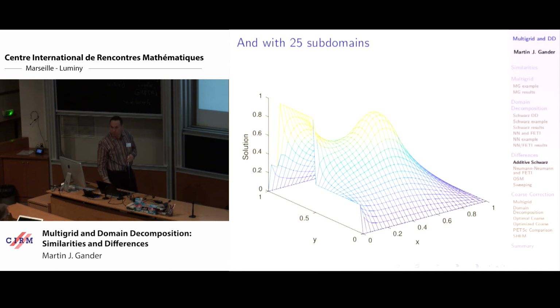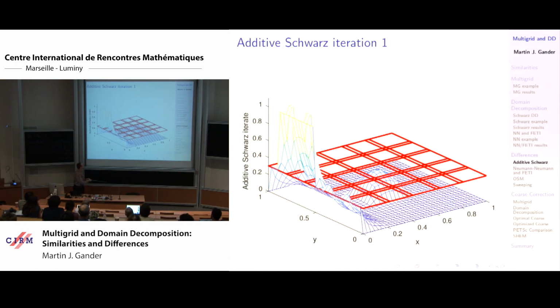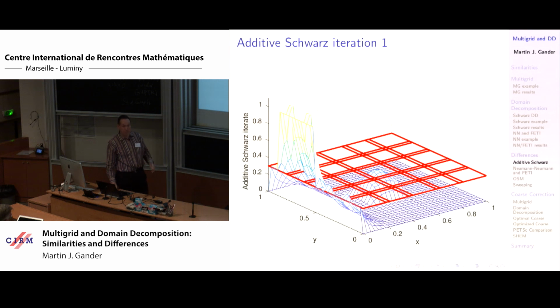What happens if I use more subdomains? Let's say I use 25 subdomains. I solve the same problem, and now I indicate the subdomains here. So you can see I have 25 subdomains, 5 by 5, and I use Additive Schwarz in this example. First iteration of Additive Schwarz, you see already here at my door, there are overshoots in the overlap. I have overshoots here, and here I start heating. Now if you look at the iteration of Additive Schwarz as an iterative solver,